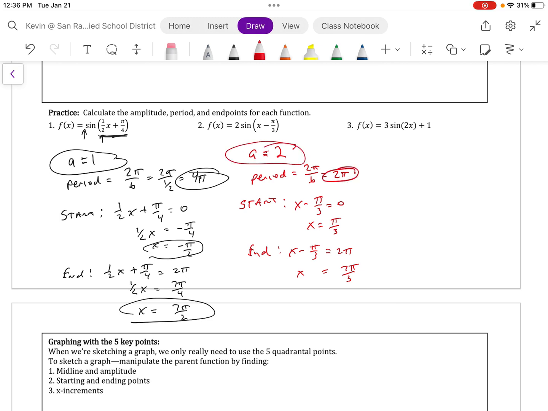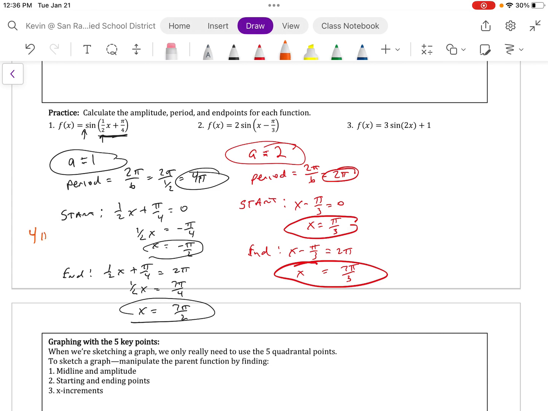So again, our amplitude is 2. Our period is 2 pi, the standard period. Our starting point is going to be pi over 3, and our ending point is going to be 7 pi over 3. It hasn't asked us to do the x increments right now,